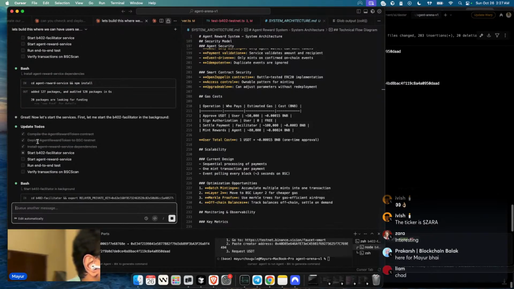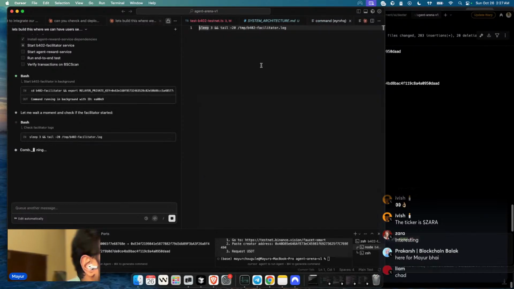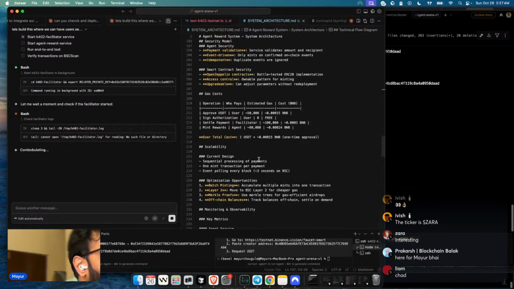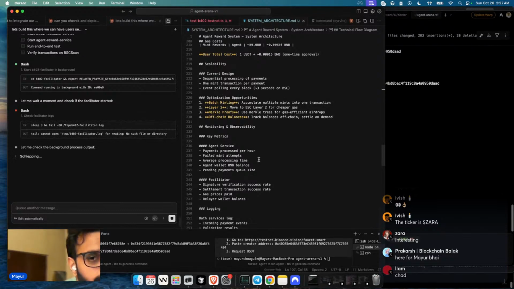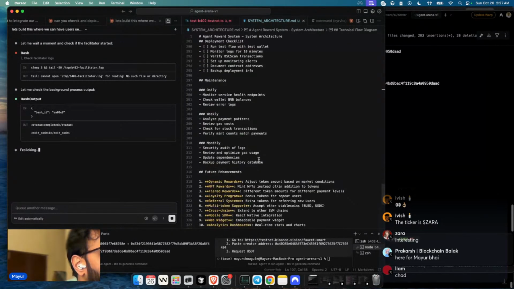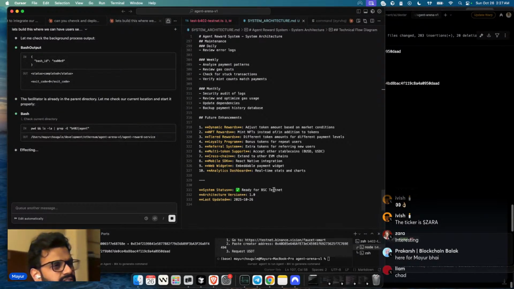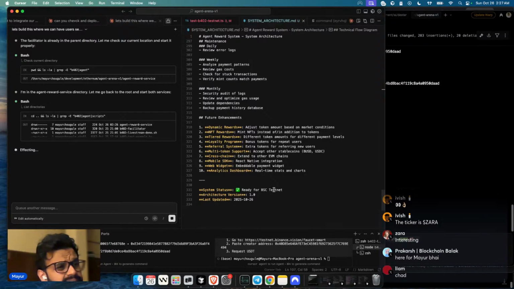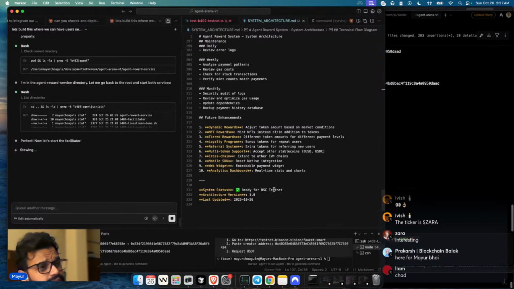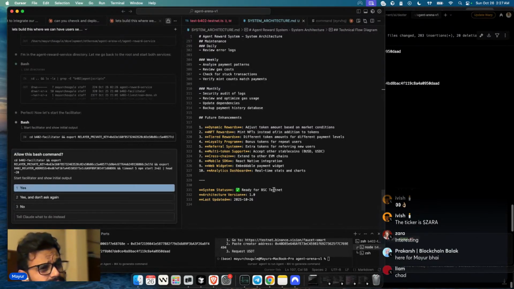We're deploying the agent reward system. Let's check some of the logs. And let's see some of the suggestions we have received on how we could enhance this. We could make the rewards dynamic, so it's not just going to be static. We can make the token amount to be